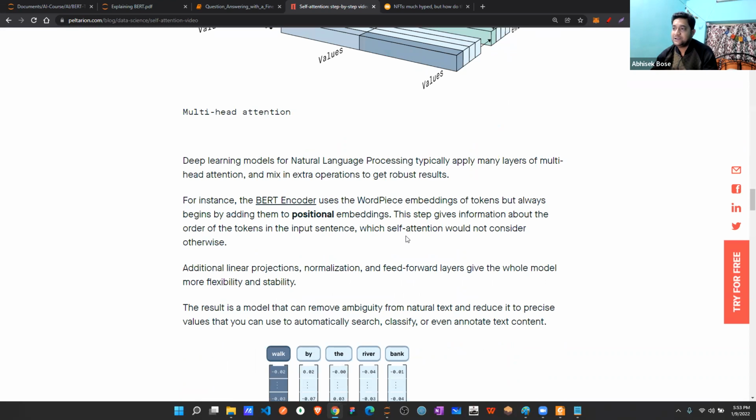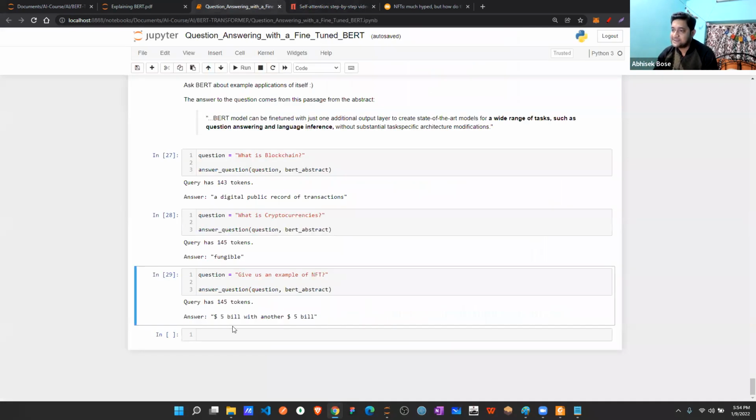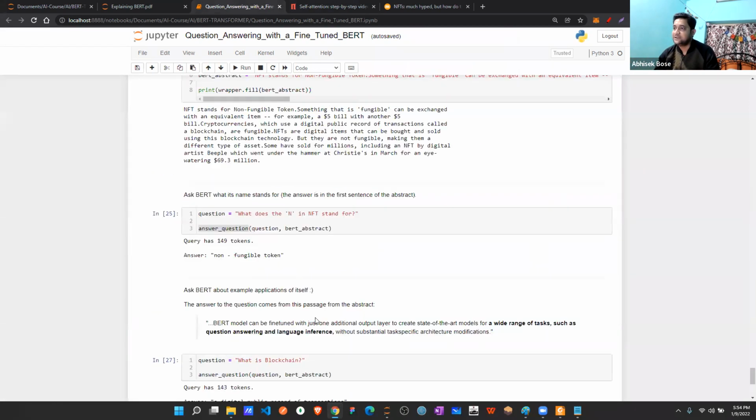And the positional, see, for instance, the BERT encoder uses word piece embedding of tokens, but always begins by adding them to positional embedding, correct? Why positional embedding? So that it should not change the actual position at any point of time when they are converting. That's the thing when we are asking, the actual context is what they took, in the same position-wise order, and returned over here.